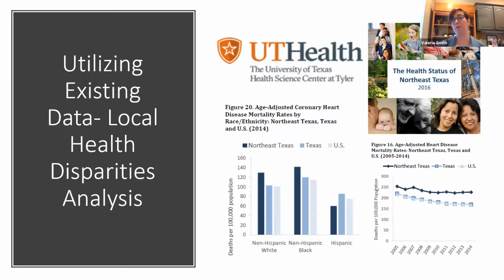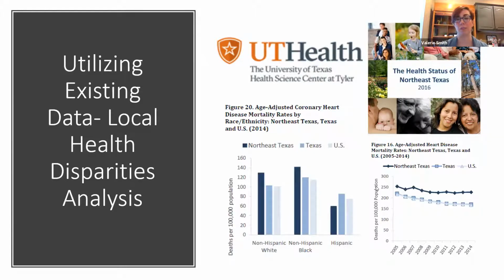So what this report did is looked at our East Texas region versus Texas as a whole versus the United States, and then broke down a whole host of different types of health outcomes. I just screenshotted a couple of them to give you ideas of what were there, but it helped us look at heart disease, which we know is intimately related to diet and food access, right?